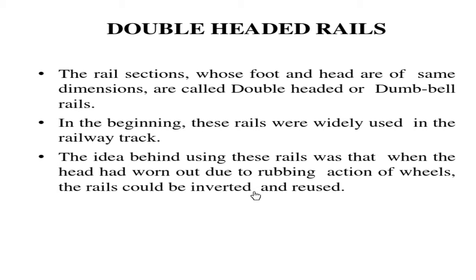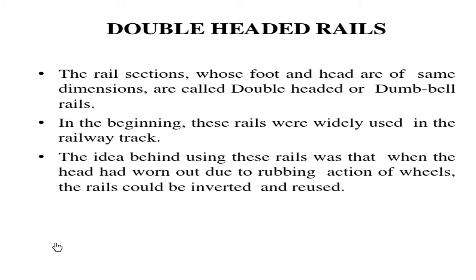So double-headed means both the foot as well as the head are of the same dimension, and once the top portion is worn out, what can be done? The idea was that once it is worn out due to the rubbing action of wheels, it could be inverted